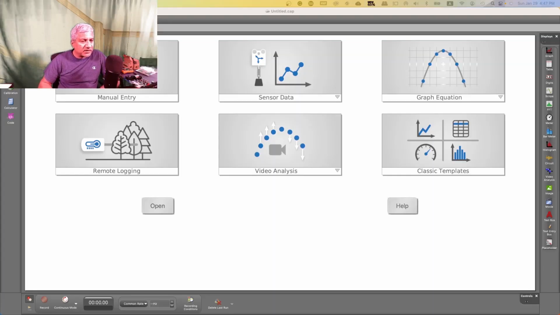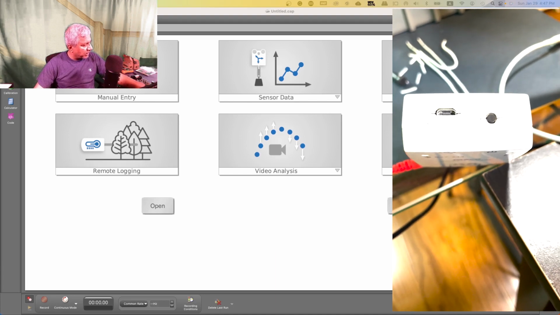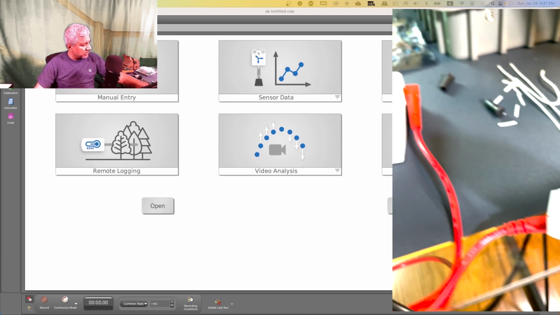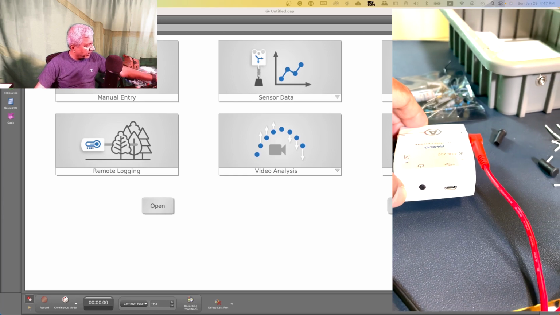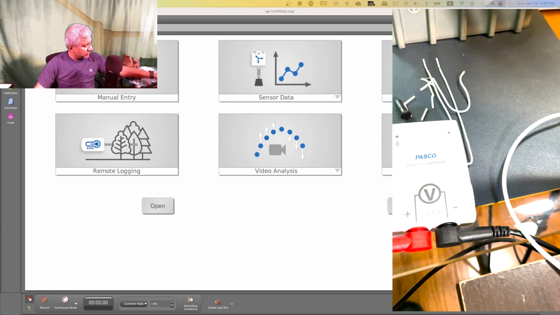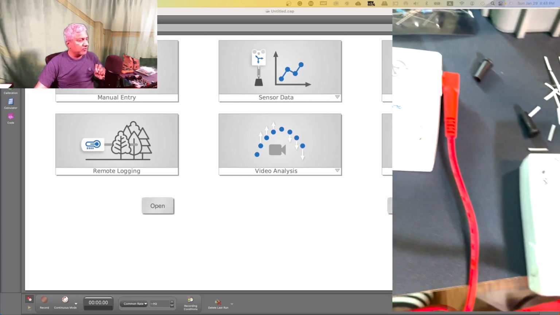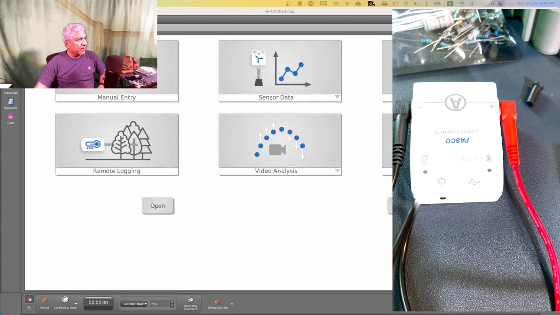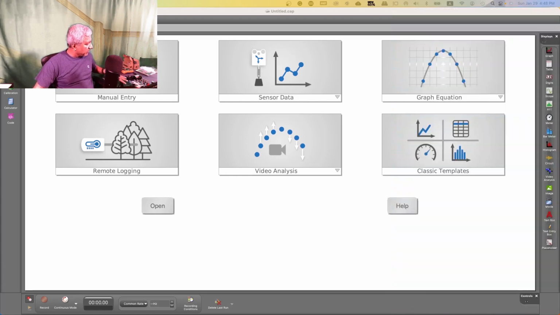All right. So next I'm going to show you how to record using the Capstone software. So you got to find out where you have installed Capstone and then turn it on. And then you go to the hardware setup. All right. Before that, you got to turn on the power on the voltage sensor and the current sensor. Turn on the power. You see the blinking Bluetooth there. And then make the connections